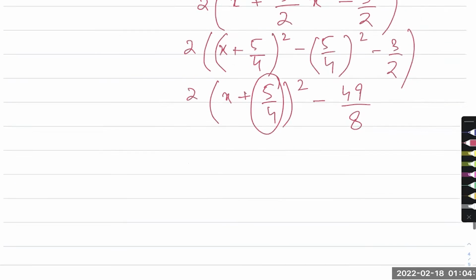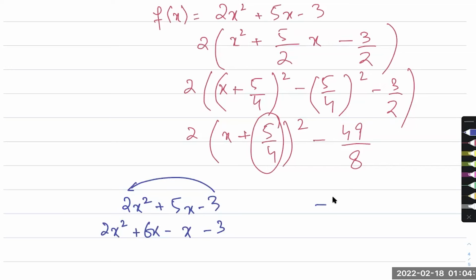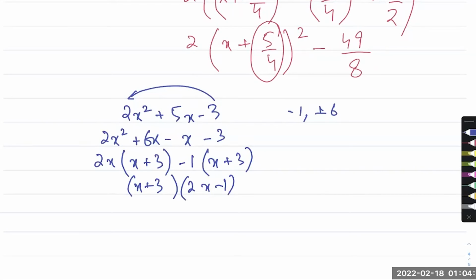Okay, let's do it. So I have 2x squared plus 5x minus 3. So 2x squared plus 6x minus x minus 3. Why? Because 3 times 2 is minus 6. Factors of minus 6 that make 5 are minus 6 plus 1 or plus 6 minus 1. So that's my factor. Take 2x as common and left with x plus 3. Take minus 1 as common and left with x plus 3. And that gives me x plus 3, 2x minus 1. If I put it equal to 0, I get x equal to minus 3 and x equal to plus 1